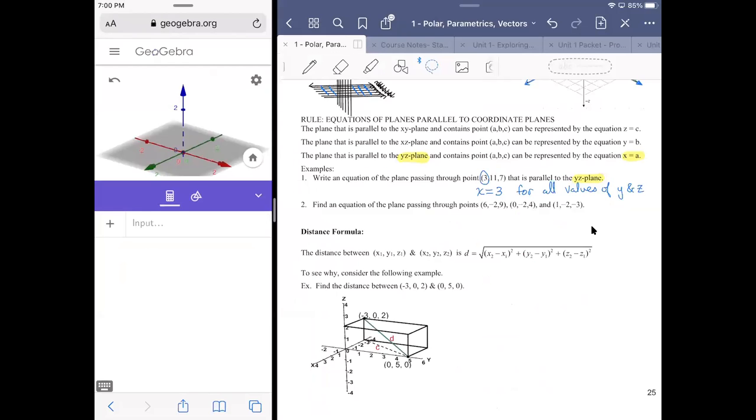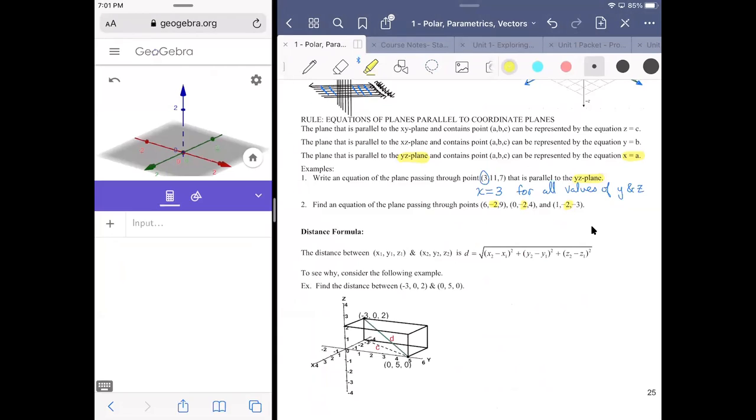So, finding the equation of a plane passing through these three coordinates. The first thing that you're going to look for when you're writing the equation of a plane is to see if there's a commonality between any of the coordinates. You see how the x values vary from 6 to 0 to 1. The z values vary from 9 to 4 to -3, but the y values always remain the same,